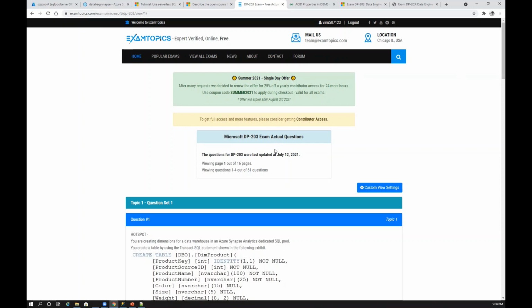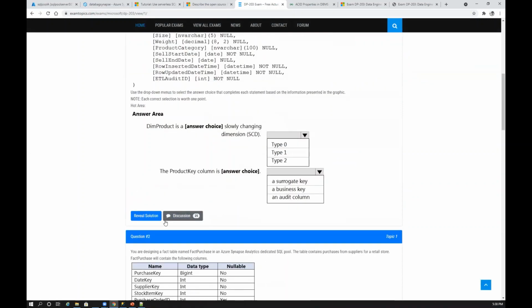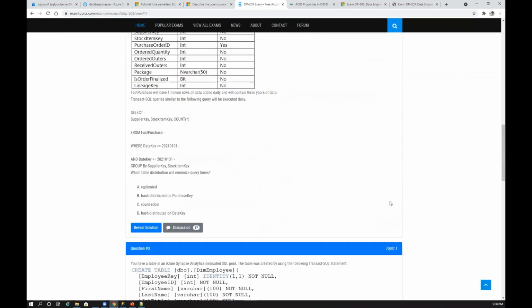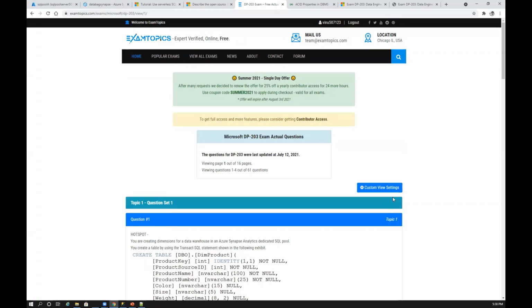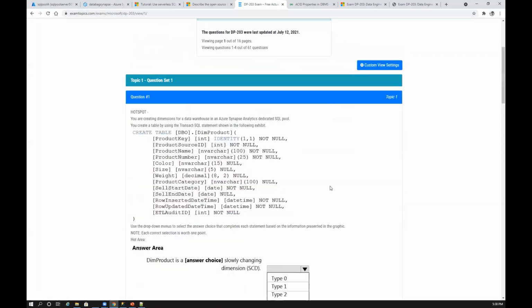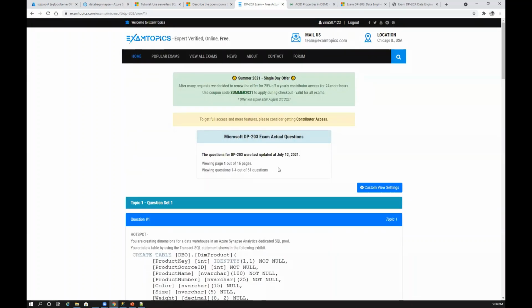Within this, you have around 61 questions. Trust me guys, out of the 61 questions, 30 to 40 questions will repeat for you. Most of the important questions from the latest DP-203 are updated here, and you have a forum where people discuss whether a question's answer is right or wrong, and you don't have to pay. This is free. The only thing you need to do is create an account, and that's it. For most of the exams, I also follow this link, so that I get practice and get used to the question types and which kind of questions to expect.